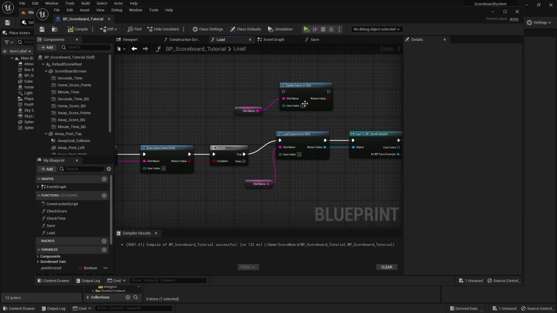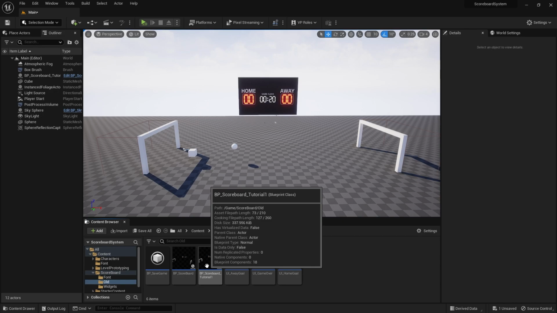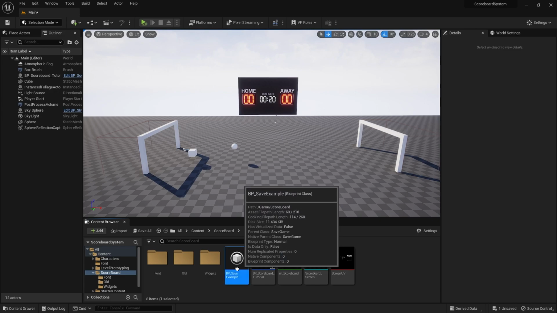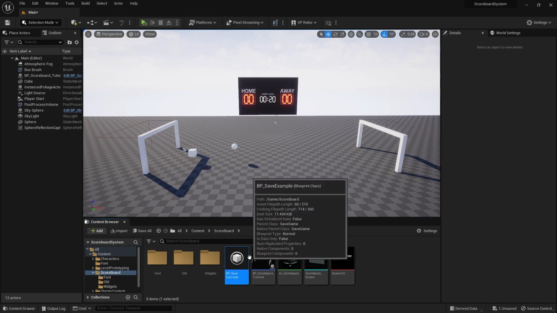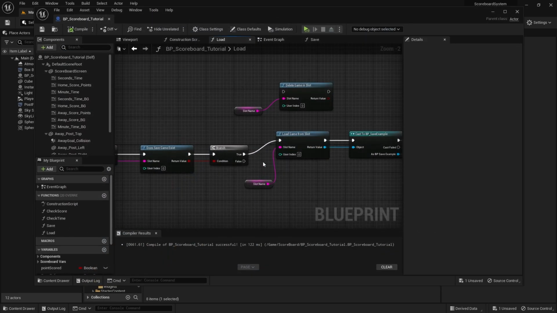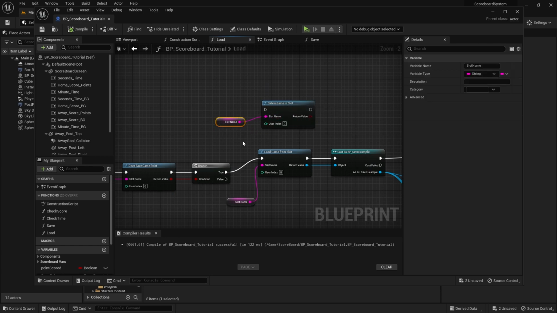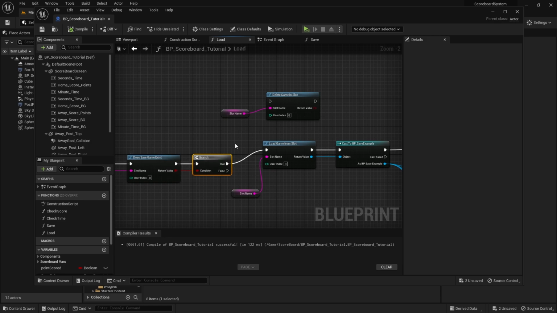Okay, so I figured out what went wrong. So the blueprint was taking the old save game that I have created to test out before this tutorial. So it was taking the save game from this blueprint right here. And then since I had this save game blueprint the same name as well, I think that's why I got confused. So all I need to do was simply make a delete game in slot node, and then put a slot name inside here. And then I'll just put from the load function, after the branch for the save game exists, I'll just put it in the true to have the save game to be deleted.